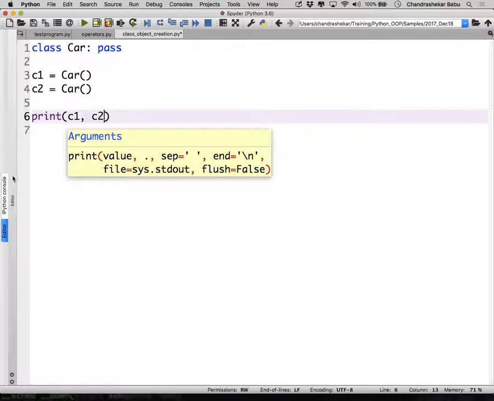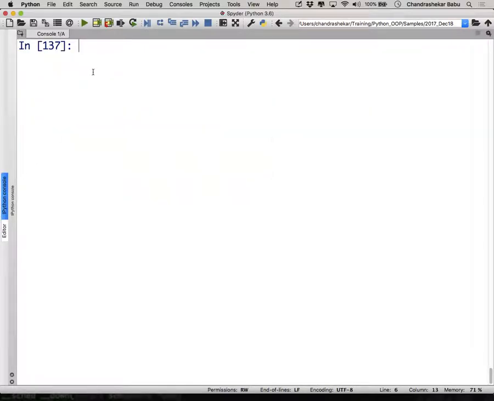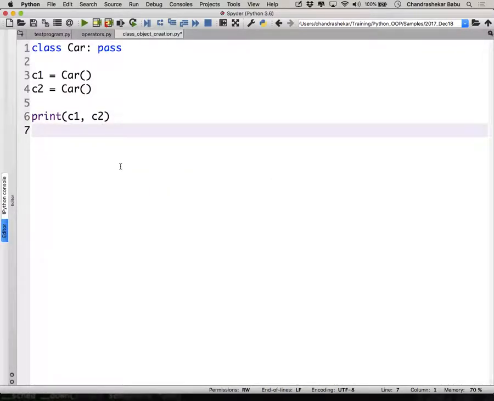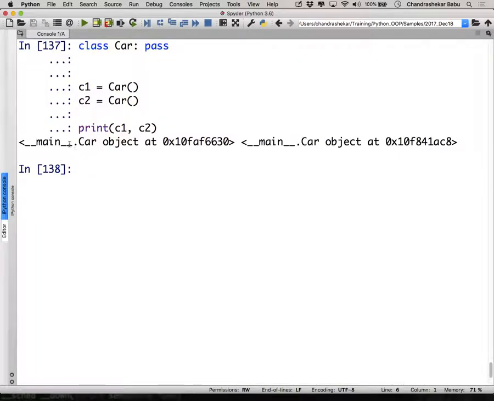Let's execute the cell now and see the output. See, output: main.car object with some number. This is the object's ID in hexadecimal.